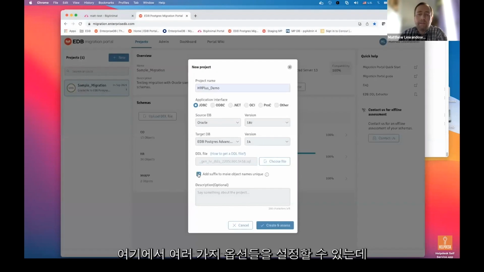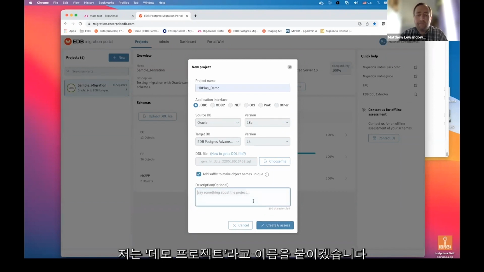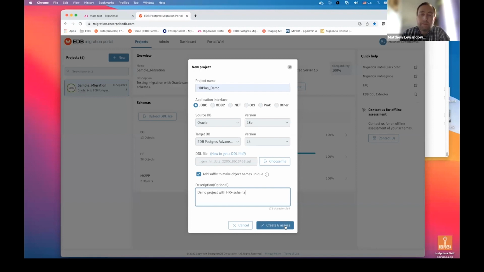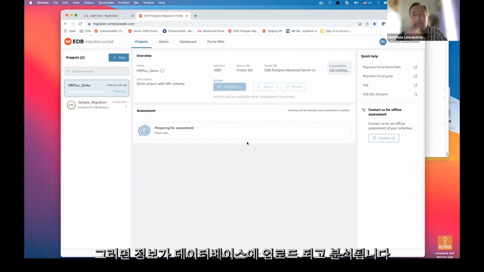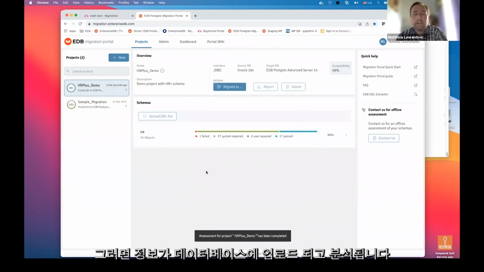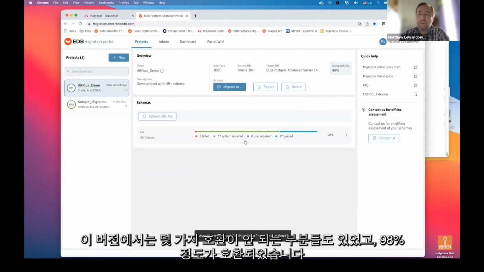and set some options here. I could describe this project if I like, and we'll just call it demo project. And then we'll just hit create and assess. So at this point, it's uploading that information into the database. It's analyzing it. This particular one, when we first created it, interestingly enough, it was in the version 13 days, and it had a few more